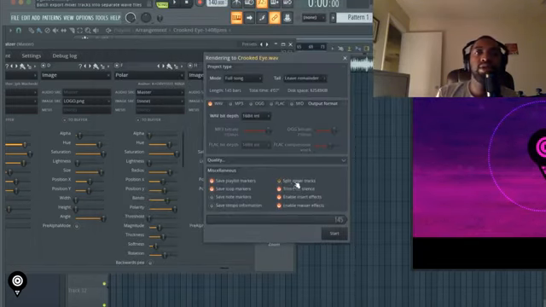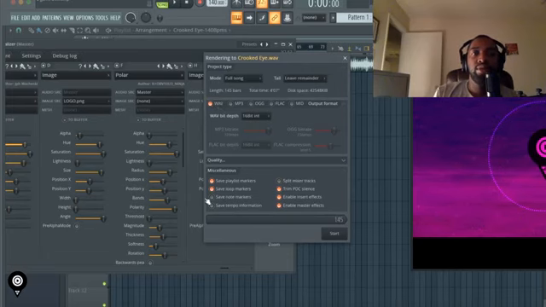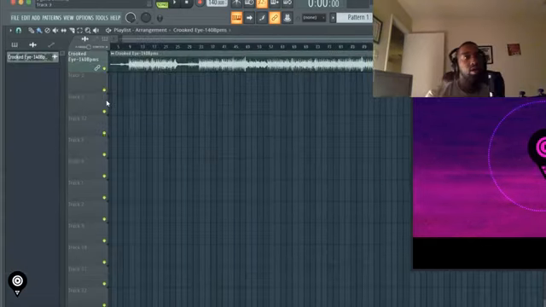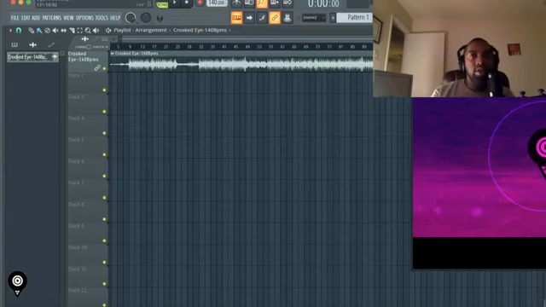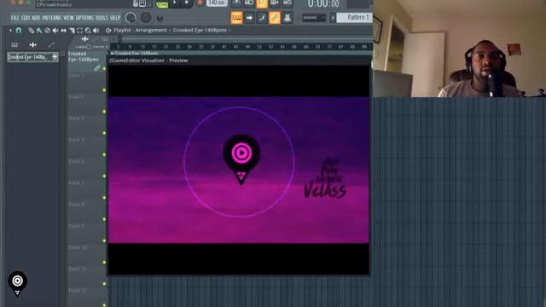Now, here's a couple things. You got your bit rate here. Make sure that none of these settings are like split mixer tracks, because it's gonna split up all your tracks and you don't want all that. You just basically want it as a WAV file, and then you're gonna save it. So I'm gonna go ahead and I'm gonna try to bounce this video. All right, so now that the video has rendered and everything is done,